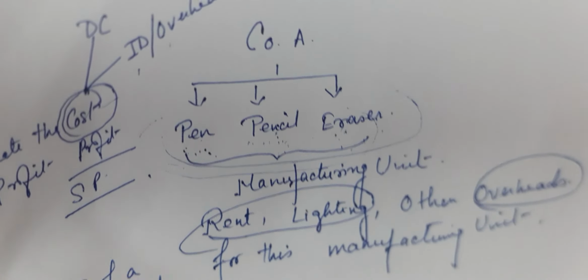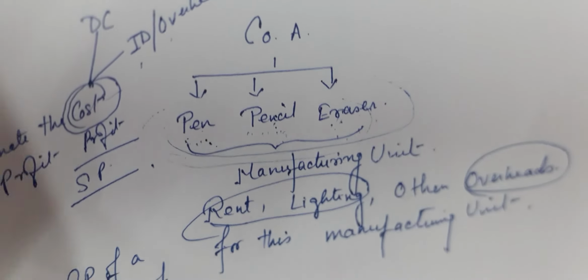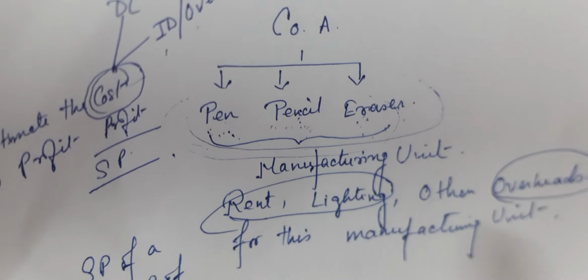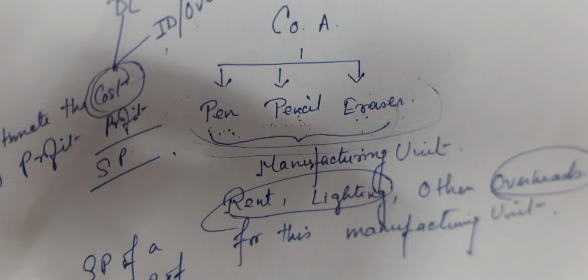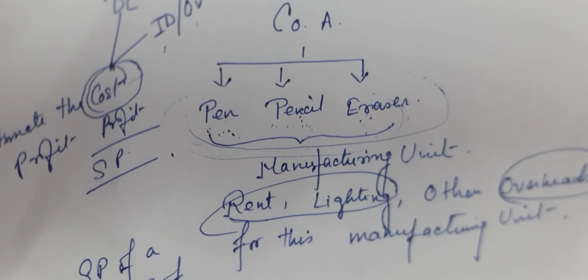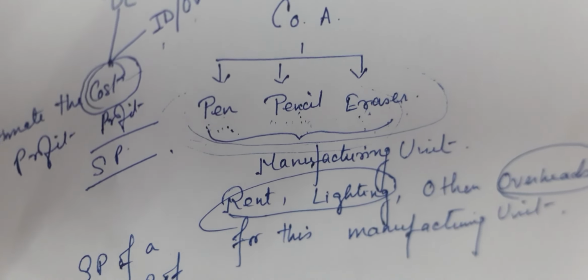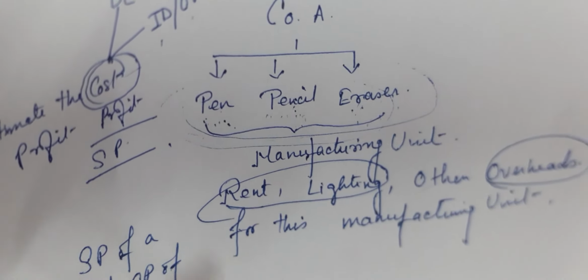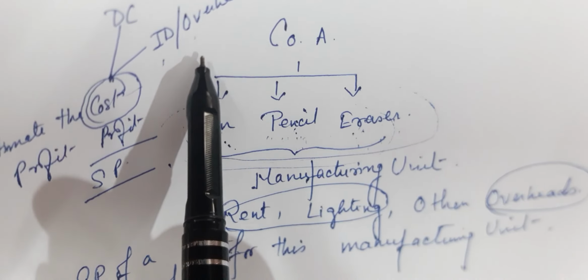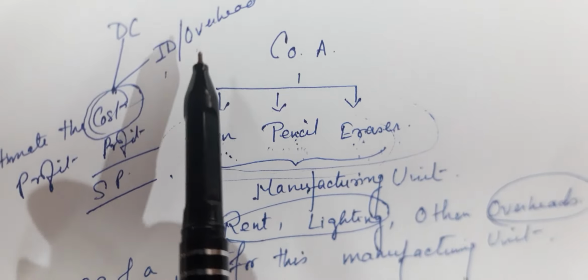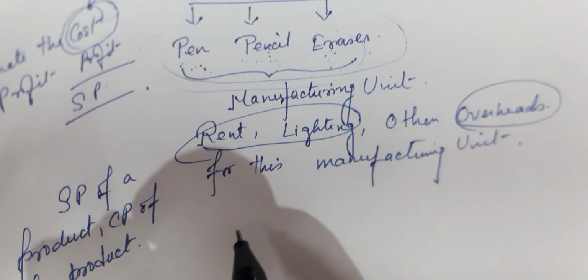Now, why is this difference in cost even if they get manufactured in the same unit? Apsara produces pencil, Apsara produces erasers, Apsara produces pen. Fine. So, how is the cost different? The cost is different because they divide overhead on a scientific basis. ABC is a technique of dividing overhead